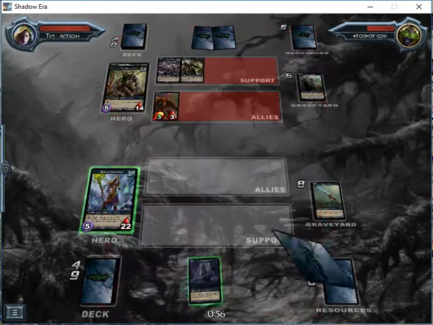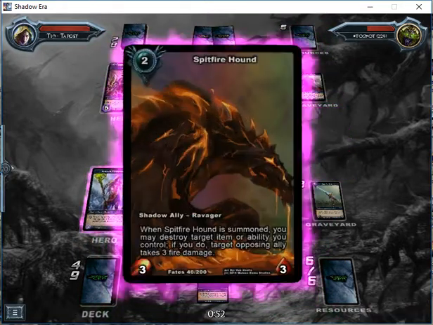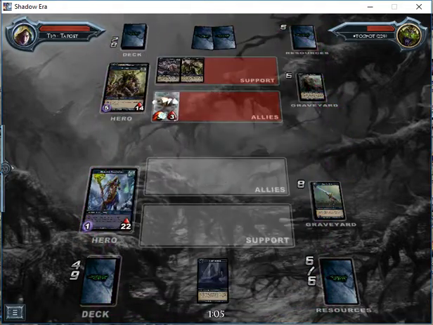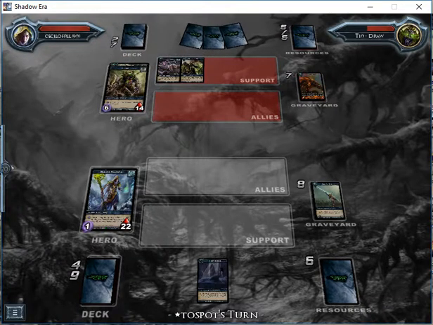And I'll kill your Spitfire Hound because I'm sick and tired of him dealing me damage. End turn. Yeah, because that got you a whole lot. One card. Woohoo! I mean, sometimes that extra draw can help, but...